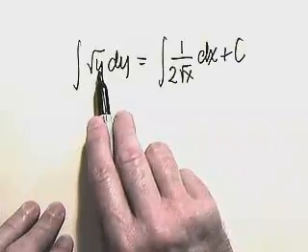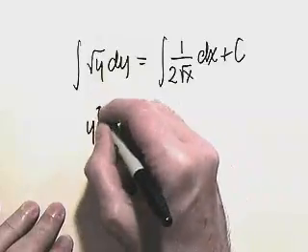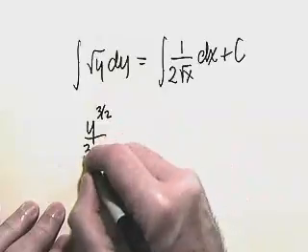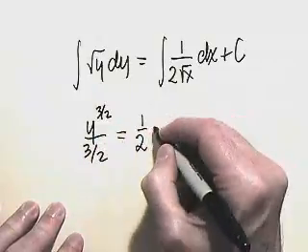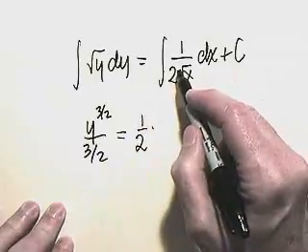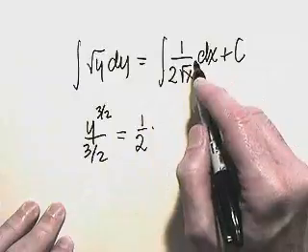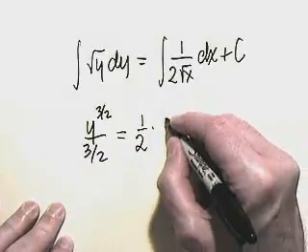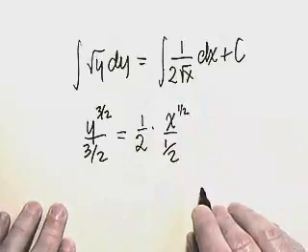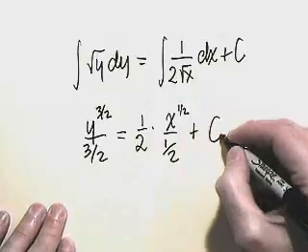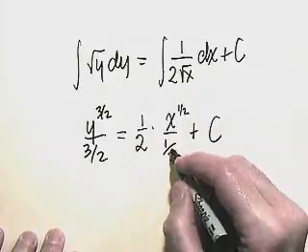Square root y is y to the 1/2, so the antiderivative is y to the 3/2 divided by 3/2. Let's take out the constant 1/2 from this integral, and so we have x to the negative 1/2. Its antiderivative is x to the positive 1/2 divided by 1/2 plus the constant of integration. Notice the 2's cancel here,